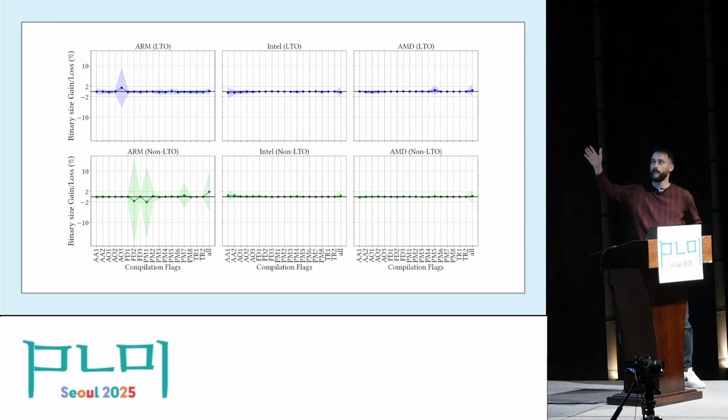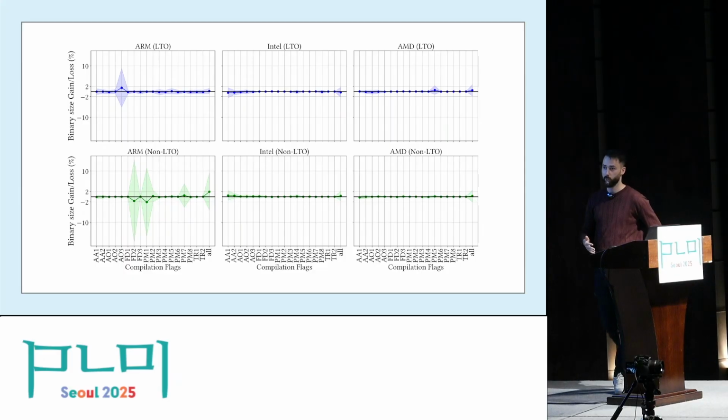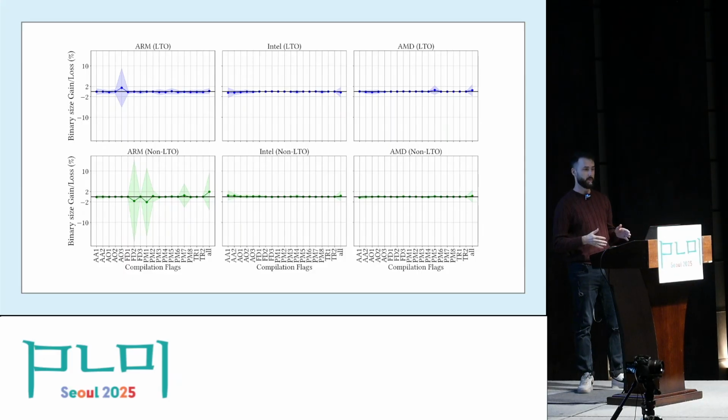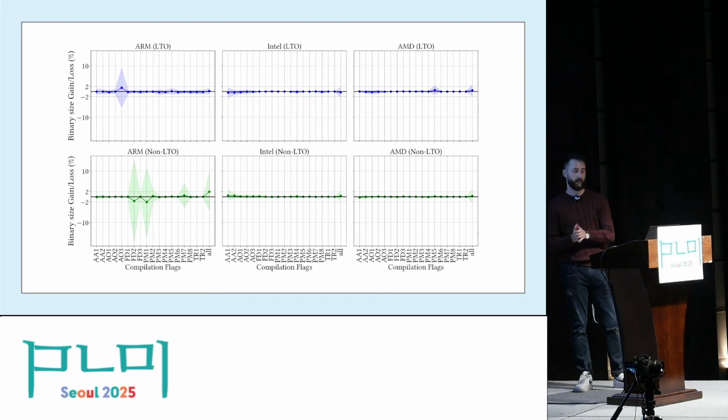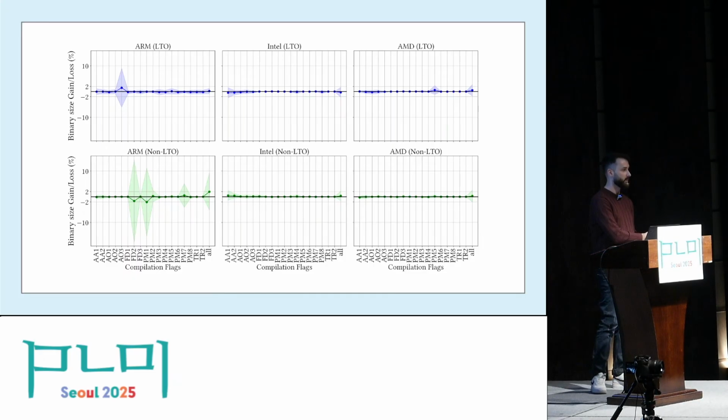So on Intel and AMD, you can see that the binary size impact is relatively minimal. That's because those are CISC architectures where a few unoptimized instructions can be combined into a single instruction, basically meaning that the binary impact remains unchanged. But the same cannot be said for ARM, which is a RISC architecture, and every new instruction in the IR means a new instruction in the assembly code.